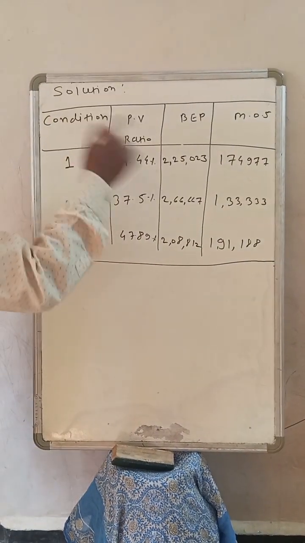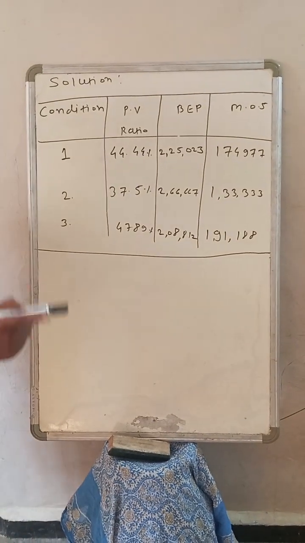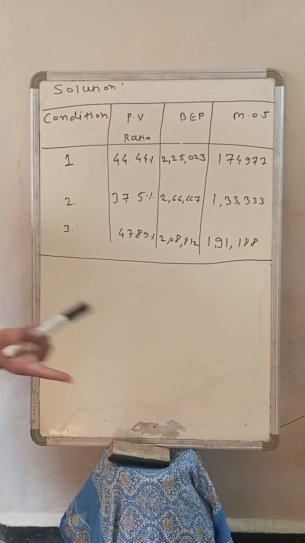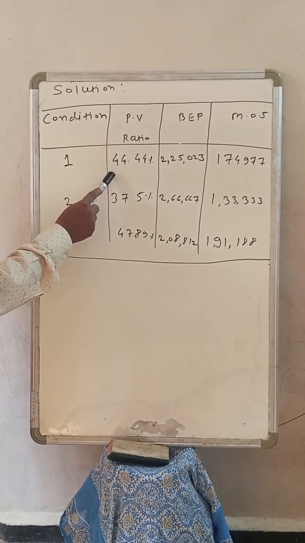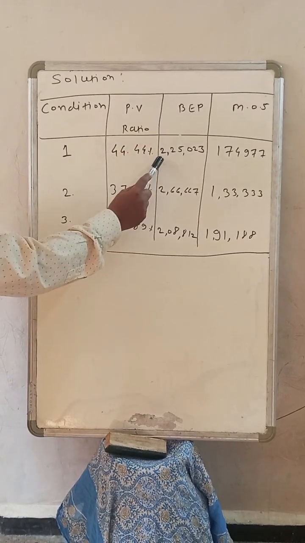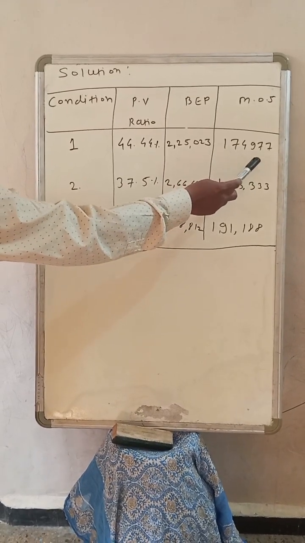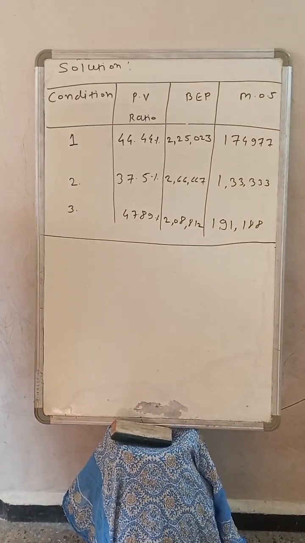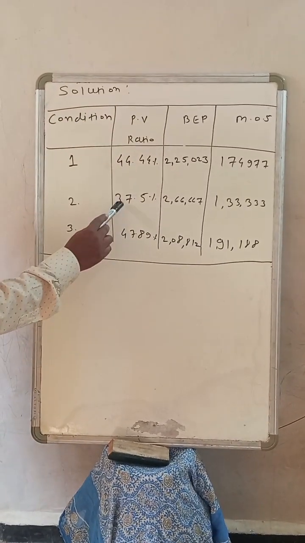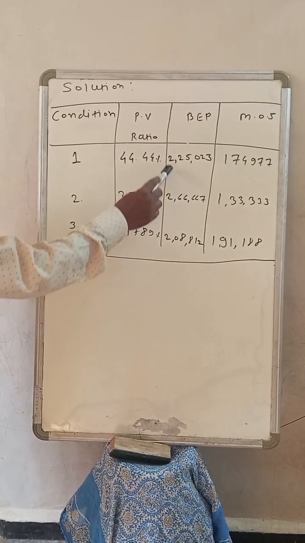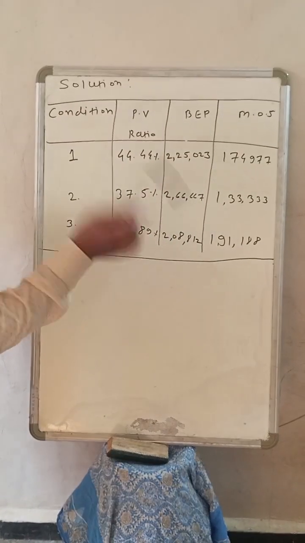So summary of the problem is condition, PV ratio, break-even point and margin of safety. Condition number 1, if the selling price is reduced by 10%. If we reduce the selling price, the revised PV ratio is 44.44%. Break-even point is 2,25,023. Margin of safety is 1,74,977. Condition number 2, if the selling price is reduced by 20%, then your PV ratio is decreased, that is 37.5%. Break-even point is increased, 2,66,667, and margin of safety is decreased,